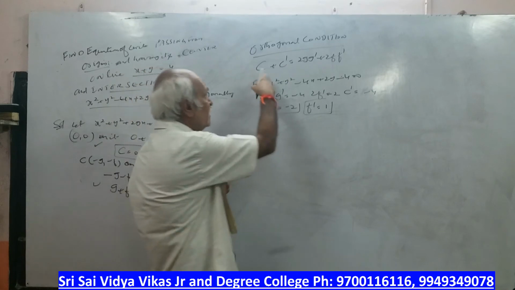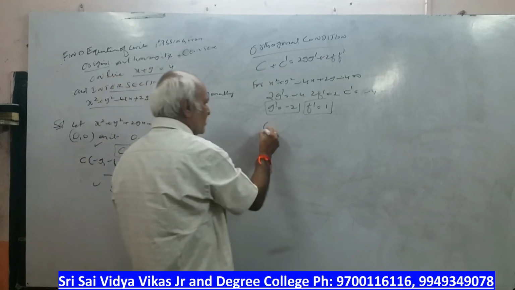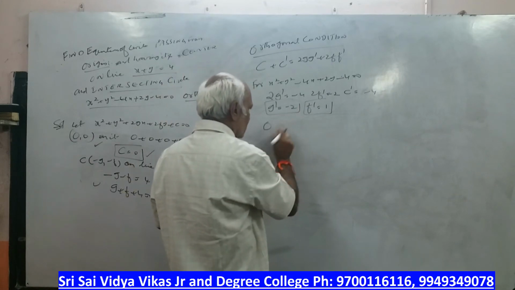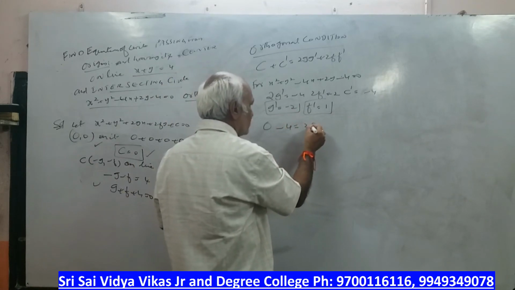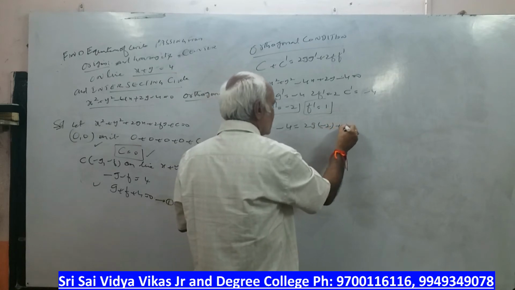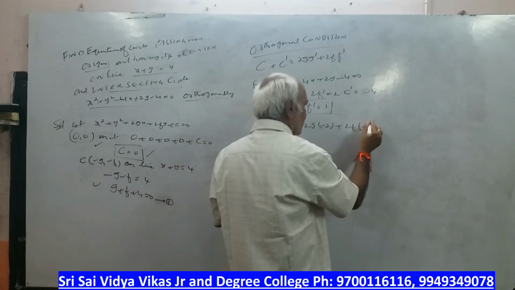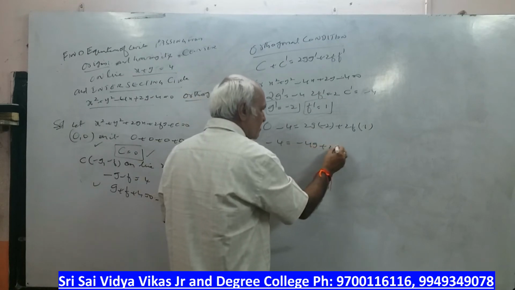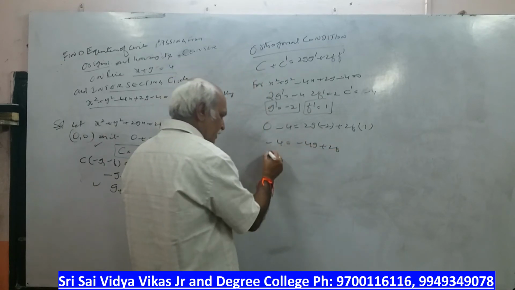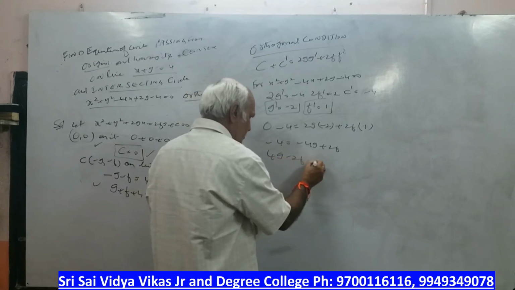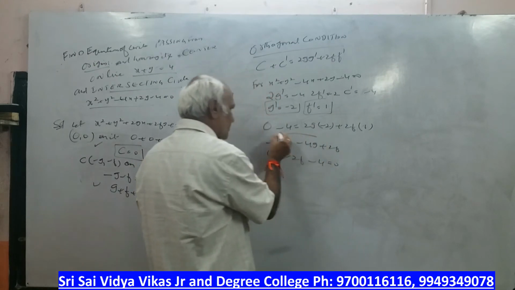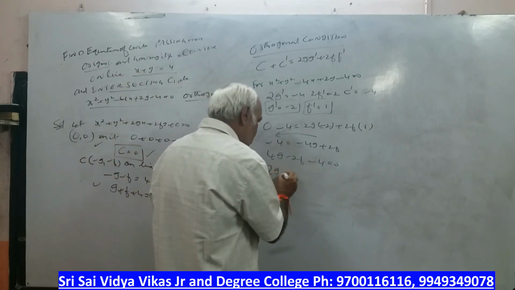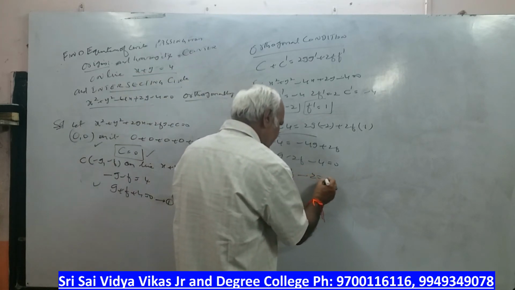Now what is the c value, how much did we get, sir? Already 0. What is c dash? Minus 4 is equal to 2 into g dash, which is minus 2, and 2f into f dash, which is 1. Observe your substitutions. Minus 4 is equal to minus 4g plus 2f. Bring the terms this side, so it becomes 4g minus 2f minus 4. Cancel with the 2, and we get 2g minus f minus 2 is equal to 0.